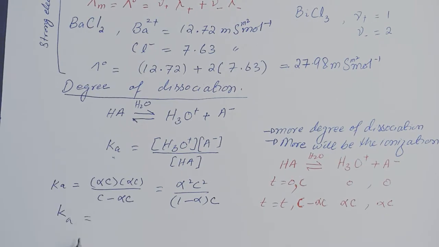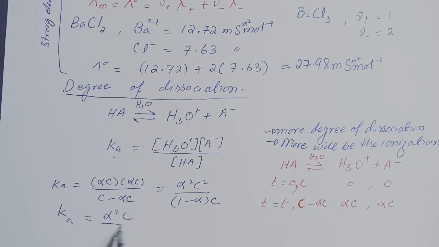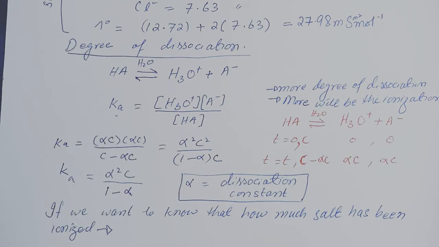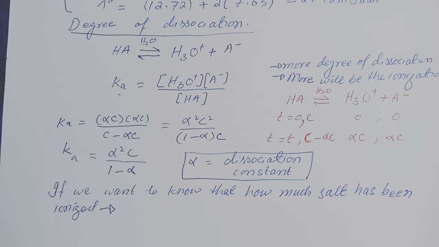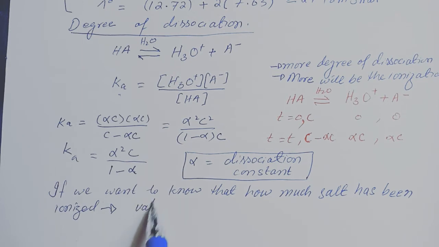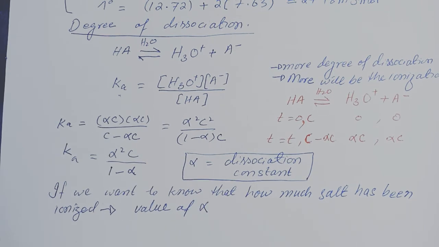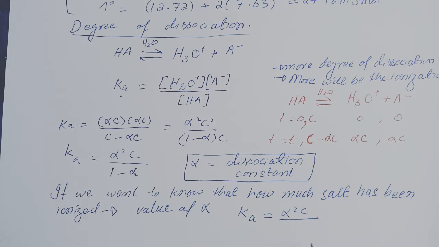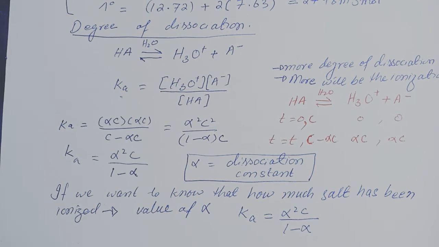so now we have obtained an important constant, that is the equilibrium constant, which has been expressed in terms of degree of dissociation or the dissociation constant. So if we want to know how much a salt has been ionized, for this purpose we need to measure the value of dissociation constant. So according to the above equation, dissociation constant can be derived from the equilibrium constant for the dissociation of weak electrolyte that is in equilibrium with the ionized and unionized species. We can rearrange this equation as